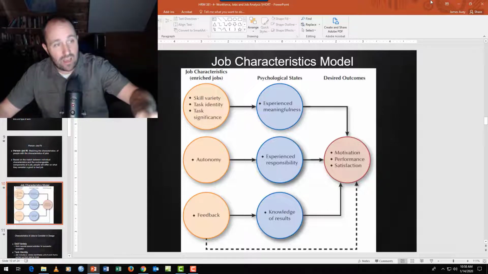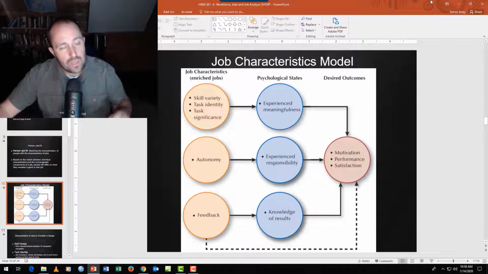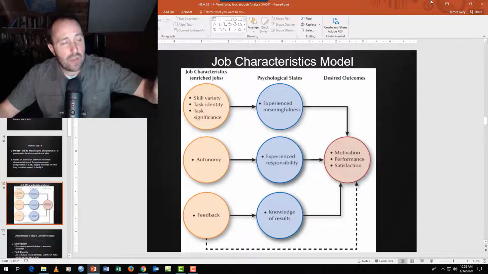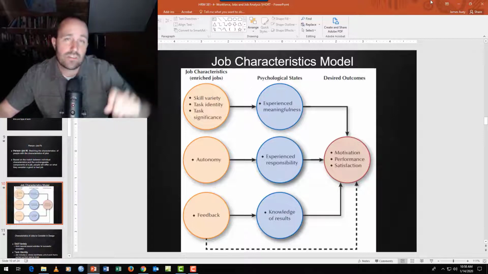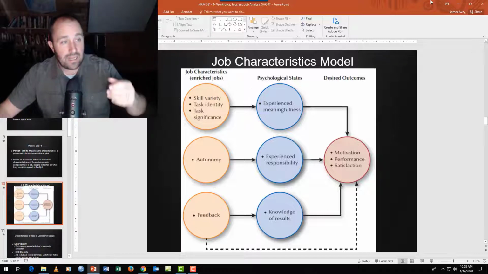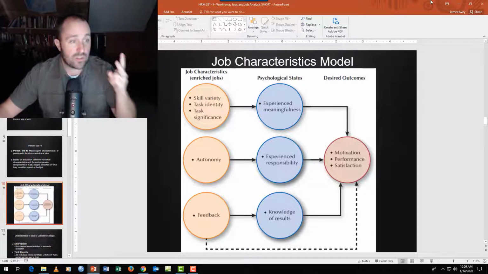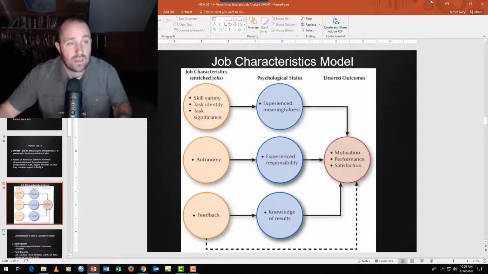So that's the psychological state, in this case called the mediator, those circles in the middle. Each of the job characteristics on the left leads to each of those psychological states in the middle. Now, if those psychological states are high, meaning my job is meaningful, I feel responsible for my job, and I have feedback on my job, so a knowledge of results so I can change my performance, then a few things